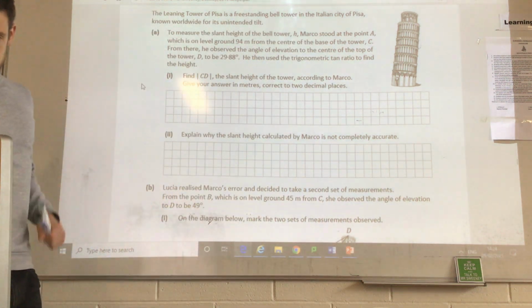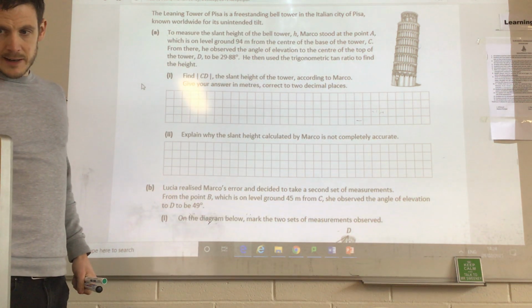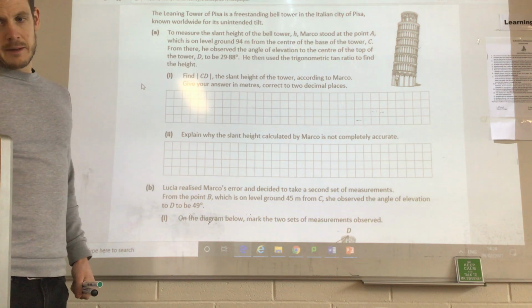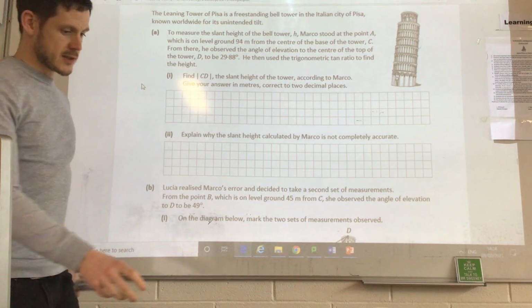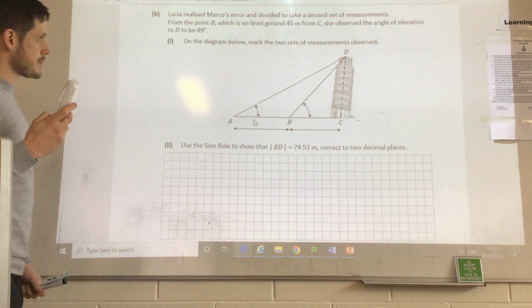Next bit actually isn't too bad, right? Takes a little bit of working out in part 1, but part 2 it tells us to use the sine rule, so we're going to have to use a different rule. Now it says,